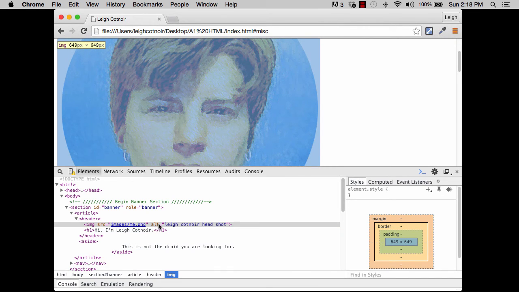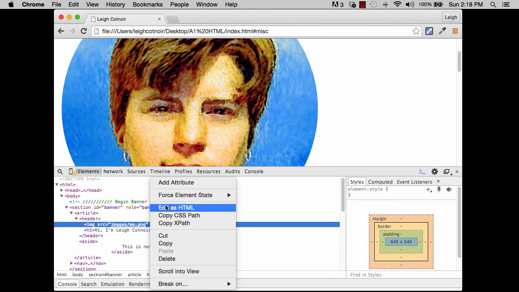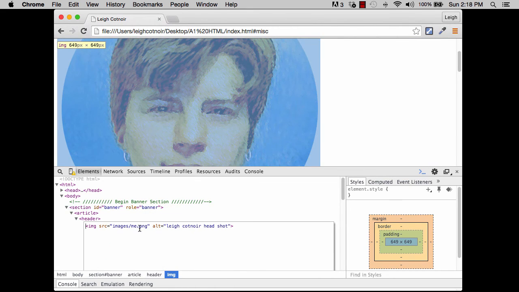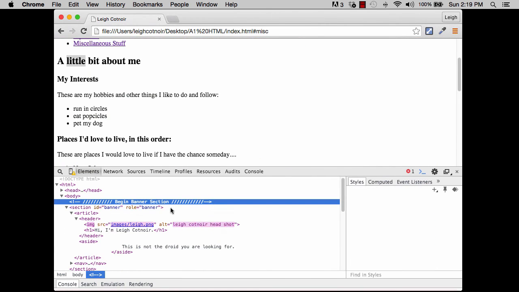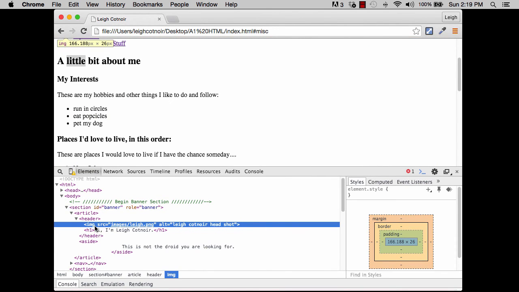And the other thing that's kind of cool is if I right-click this image in the HTML view right here, and I say Edit as HTML, I can temporarily modify this picture and information about it to see what would happen, like if I changed the name. Let's say that I changed the name to Lee, okay? And then I click off of it somewhere, double click actually, and then I go back to that image file,